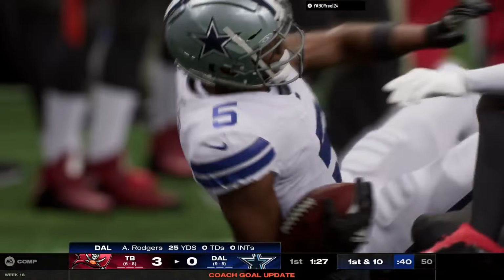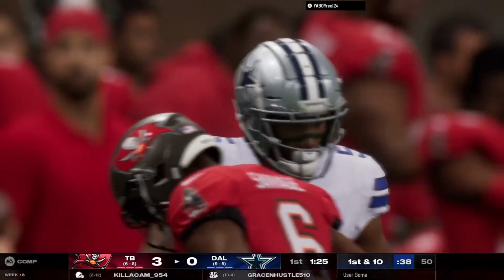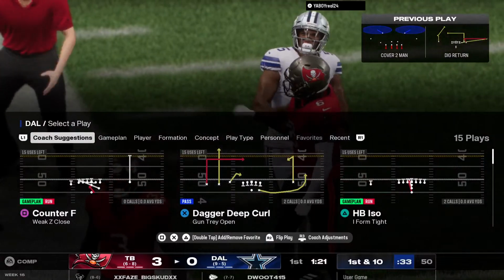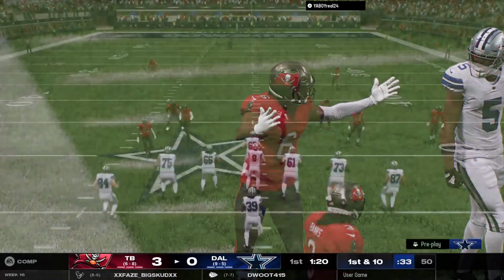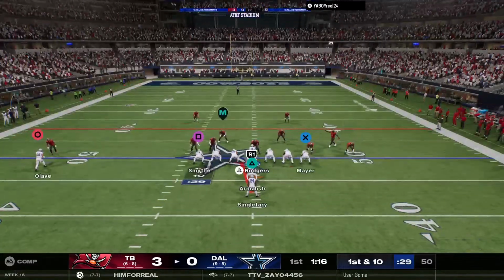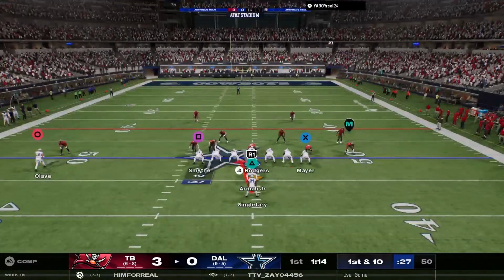And he gets this one to midfield before he's brought down. 19 yards there on the catch and run. Yeah, that's a good start to drive number 2. Remember, they had to punt the first time they had it. So maybe a little bit different sense of purpose here, and they start out with a nice gain and a